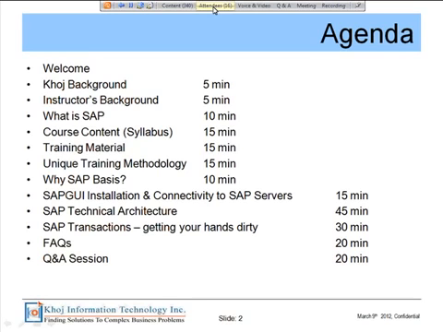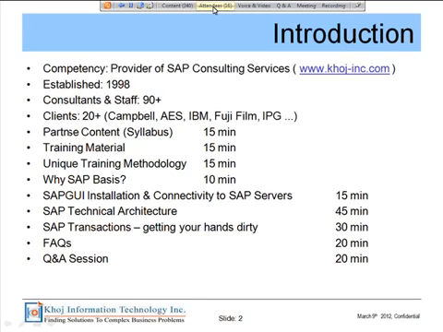We are going to look at SAP transactions, a handful of them, again to give you some insight into the material and to get your hands dirty. Frequently asked questions, we'll spend 20 odd minutes on it, and then I'll open the floor for Q&A, any questions you might have, which we can try and answer. So that's going to be the agenda for today.